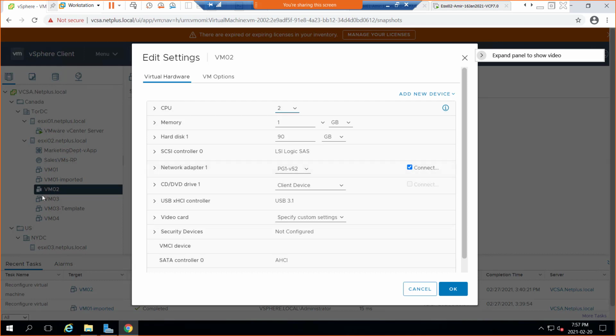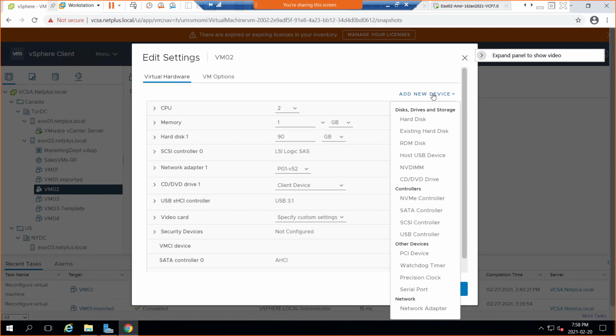Network adapter 1 off, virtual machine 2 is connected to virtual standard switch 2. I want the same machine, VM02, to also be connected to port group 1 of virtual standard switch 1. So VS2, or virtual standard switch 2, is connected. How do we connect it to virtual standard switch 1? There is an add new device option here, and once we click that,